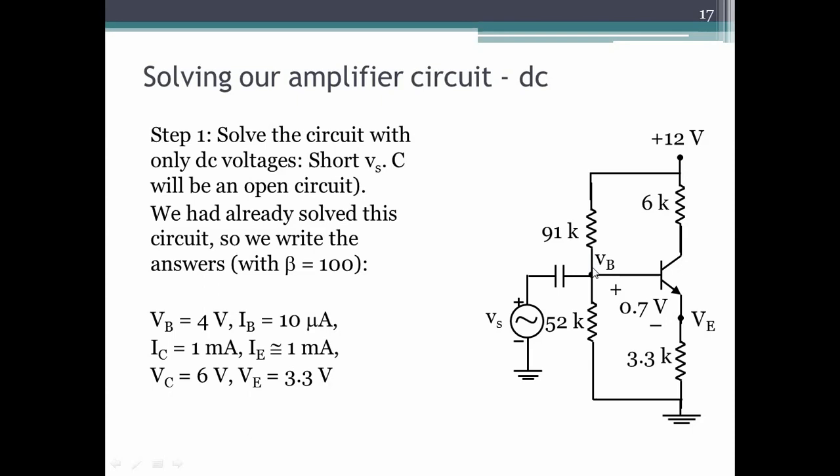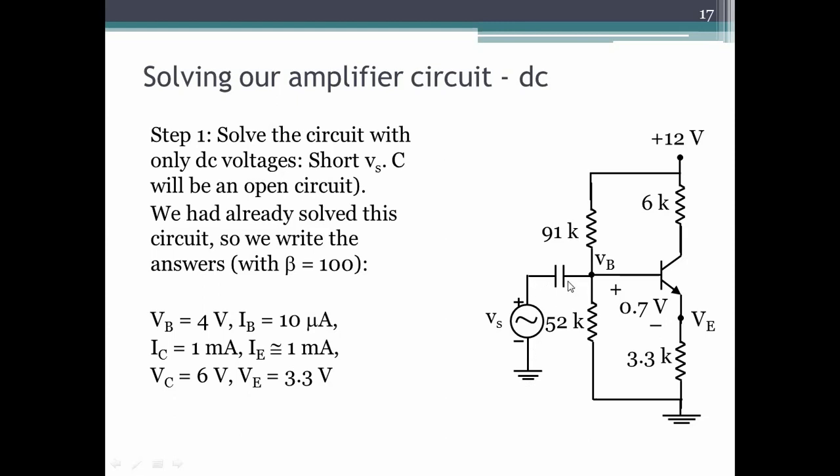So we started out this lecture by saying, well, what are the currents and voltages flowing in this circuit when Vs is present. So we go through the 3 steps. Actually, we'll just go through the first 2 steps in this lecture. First step, solve DC. Second step, solve AC. So step 1, we say solve the circuit with only DC voltages. So we are applying superposition first with only DC. So we short the Vs. This becomes 0. The capacitor for DC is an open circuit. So this basically goes away.